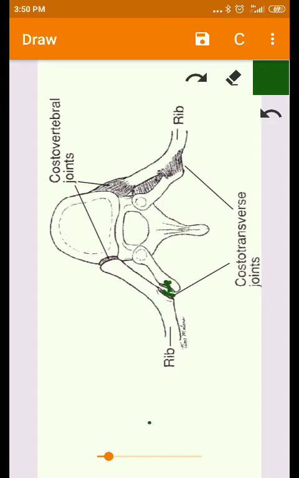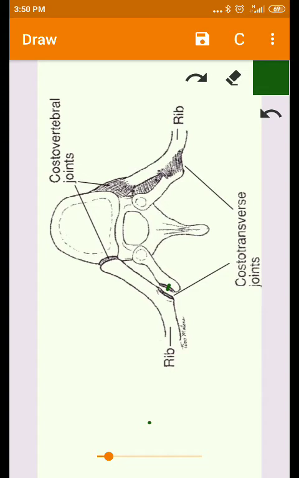So, the costotransverse joint is a synovial joint which is formed by the articulation of the costal tubercle of the rib with a costal facet on the transverse processes of the first through 10th thoracic vertebrae,